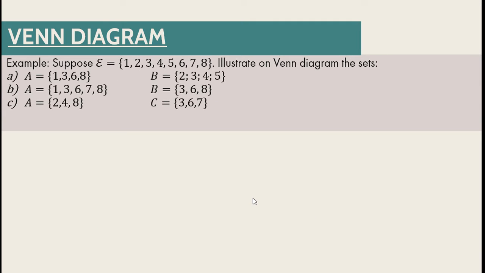Here we have an example. Suppose that the universal set E equals 1, 2, 3, 4, 5, 6, 7, and 8. So you need to illustrate on a Venn diagram the sets